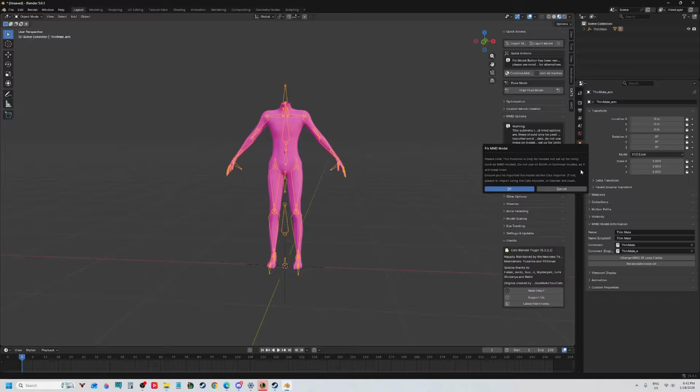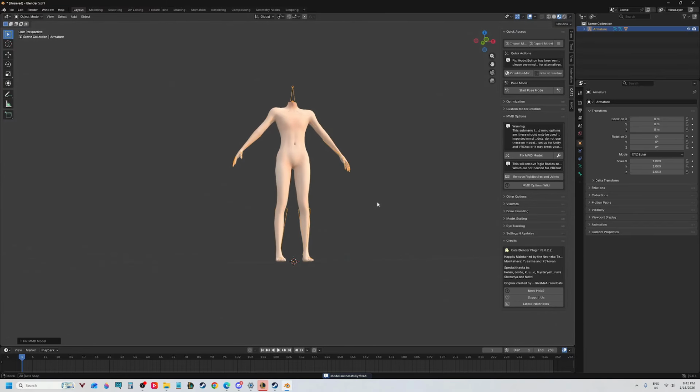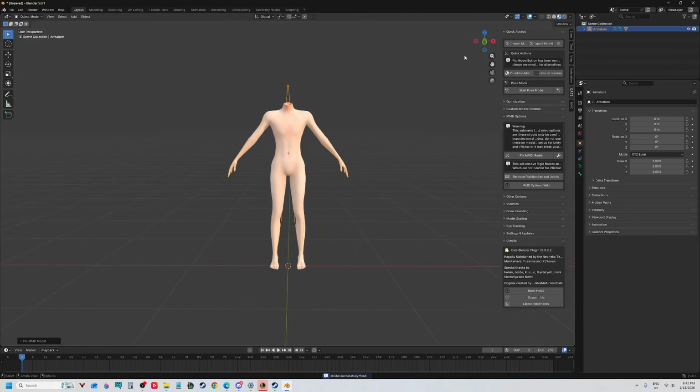Do not use this on Booth or Gumroad models, it'll break them. Make sure you always import using Cats. Click OK. And now you can see my model is fixed. A lot of the bones that were sticking out aren't there anymore, but we're going to go down to here